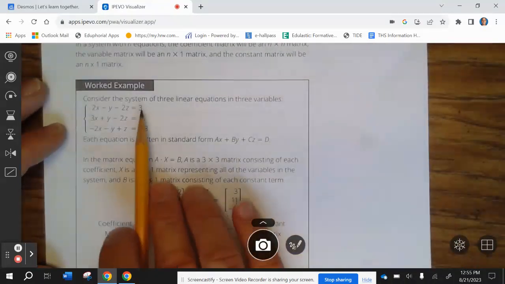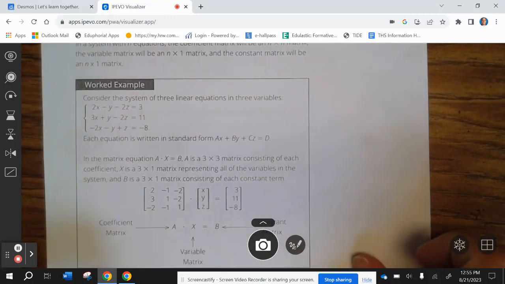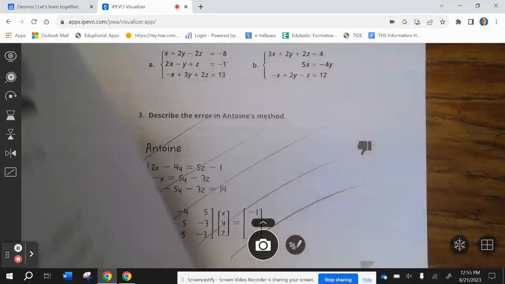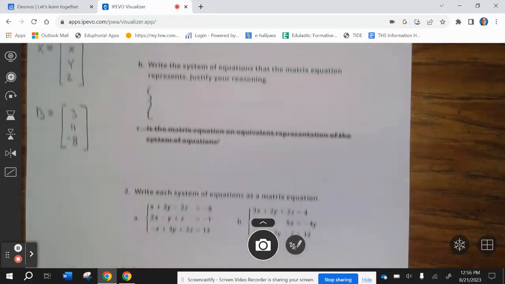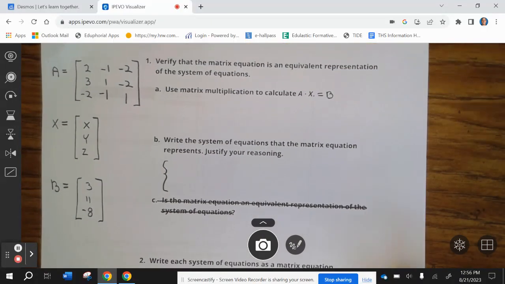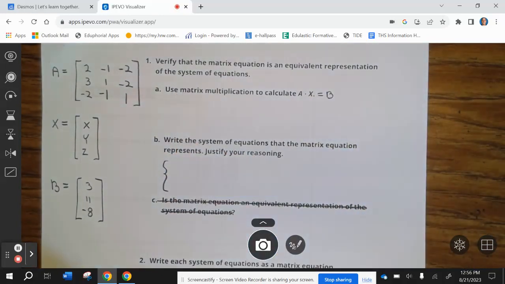So take a look at this worked example. We're going to use this on the next page. Now, verify the matrix equation is an equivalent representation of the system of equations. Use matrix multiplication to calculate AX equals B. Okay, so to do that,